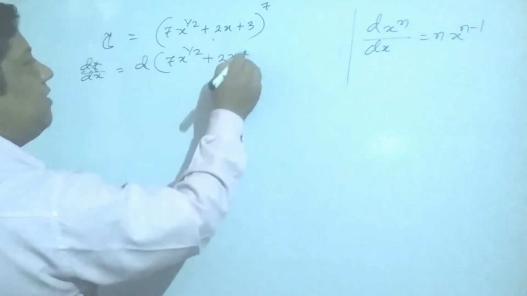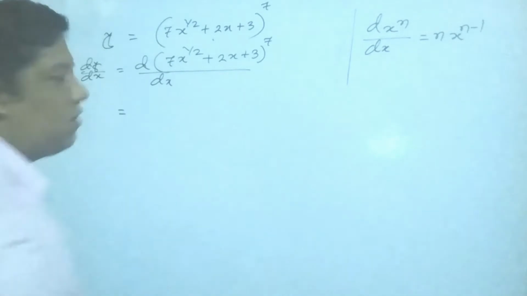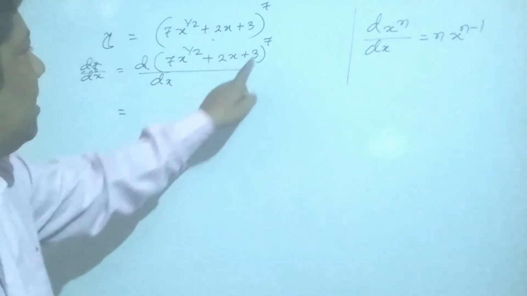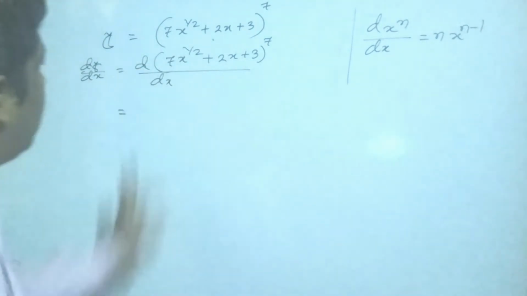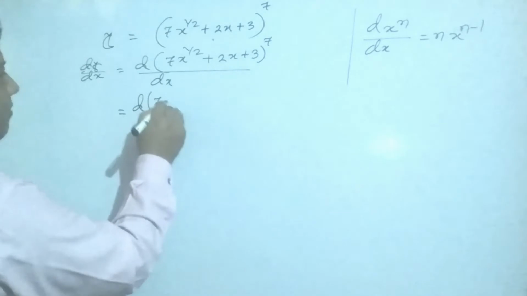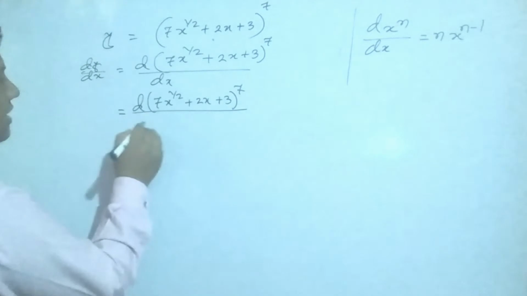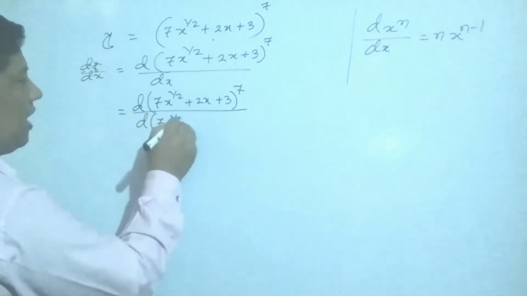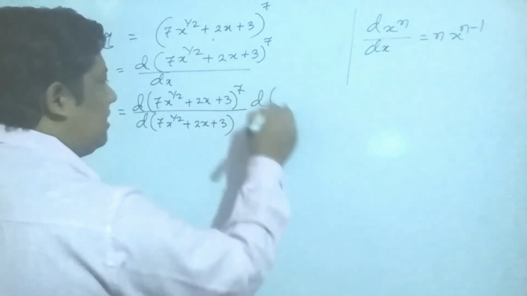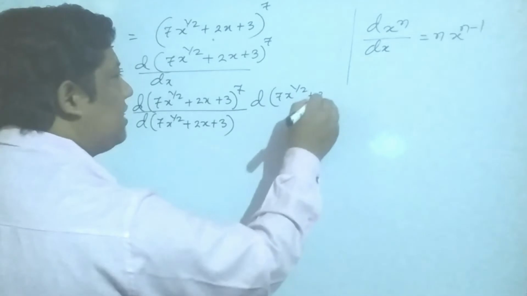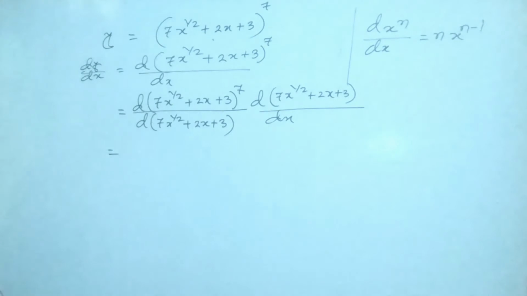Like this 2x plus 3 power 7. If I expand or operate any operations, then I can also get next, since it is a power, b minus a, c minus a. If I operate it, denominator 7x to the power half plus 2x plus 3, c1 minus c2 or c1 minus 3 c1, same to same for 7 x to the power half plus 2x plus 3, cross same to same multiplications. The remaining numbers you have to write like this, the determinant upon dx.